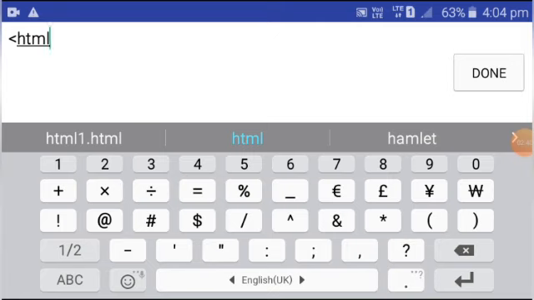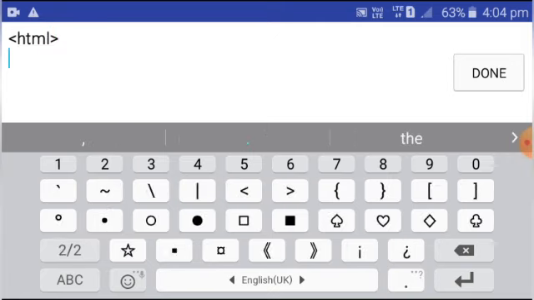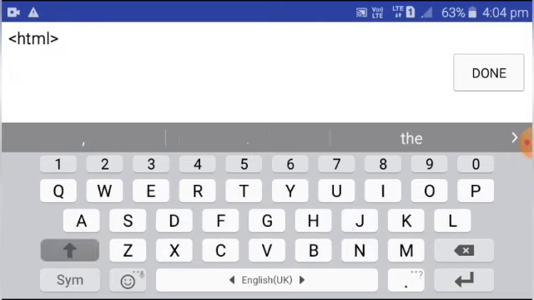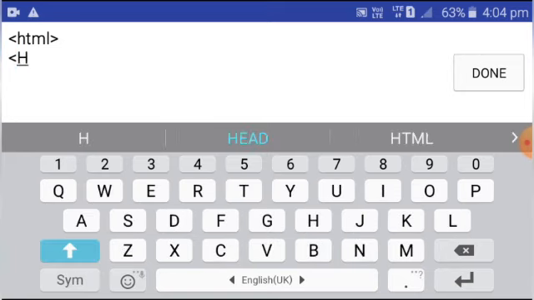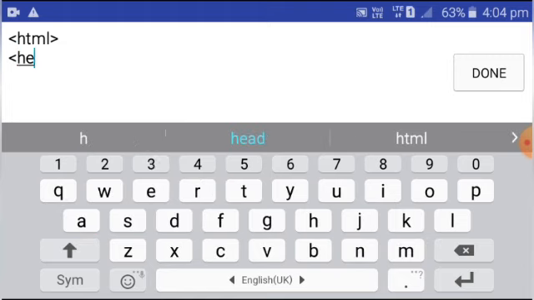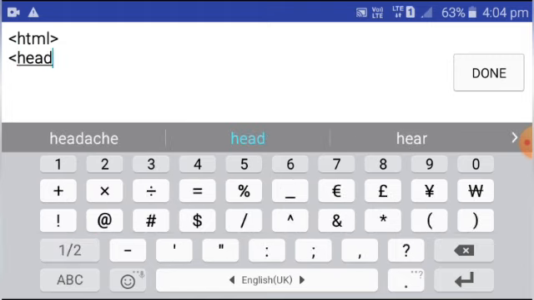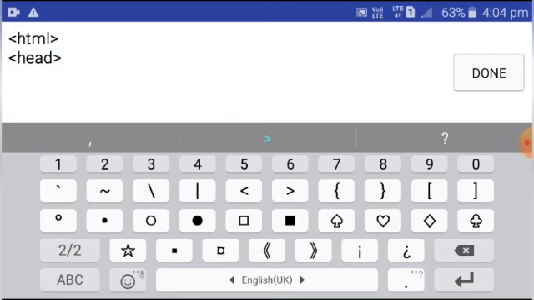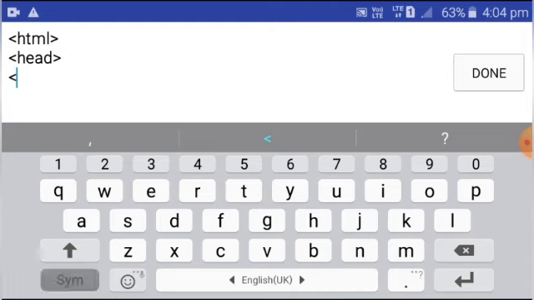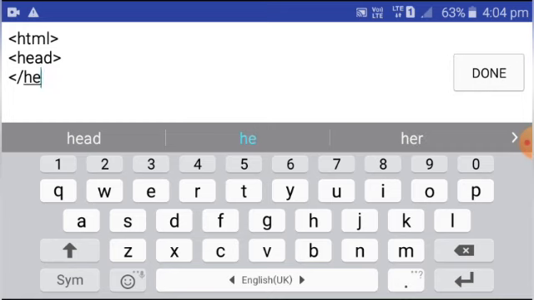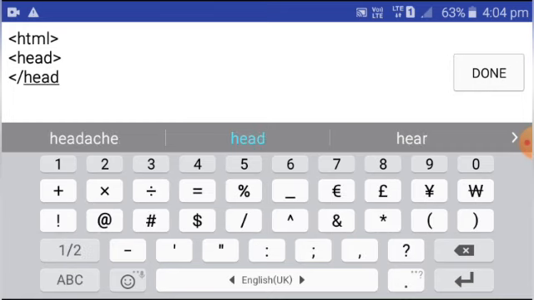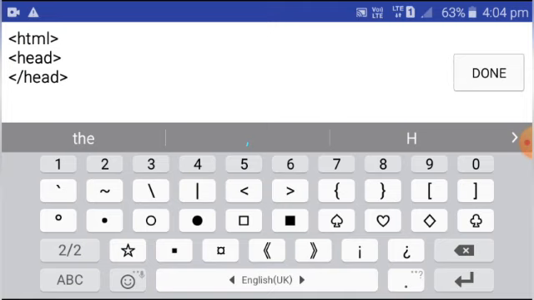HTML, then head tag, head tag close, there we are using body tag.